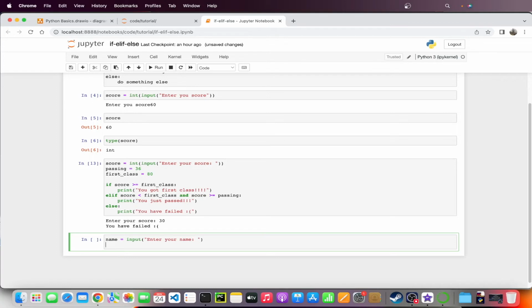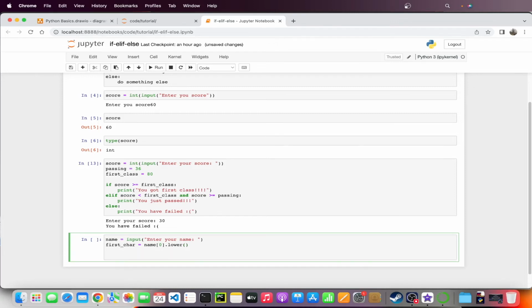So the way we can do it is, let's say first character equal to name of 0, right? And let's say I want to convert it into lowercase to make it case insensitive, lower. And what I can do is, if first character in A, E, I, O, U,